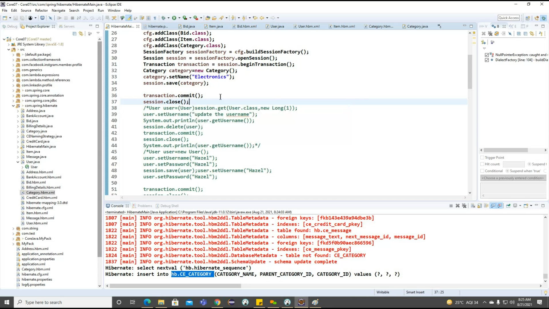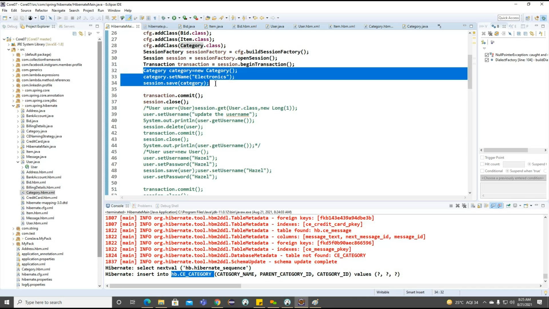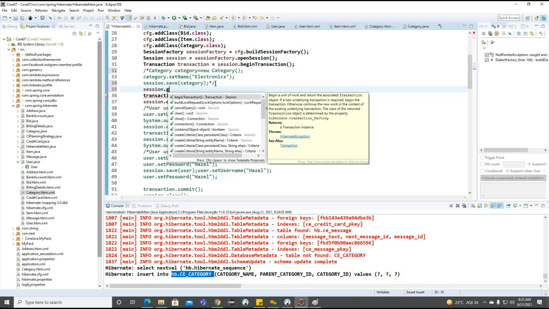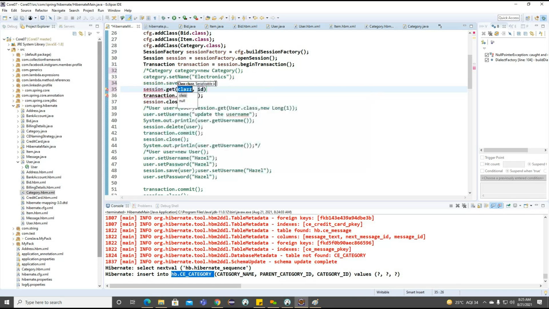We don't want to save one more time here. I want to comment out the three sections of code. And here, with the help of this particular session dot get here, category dot class and ID.